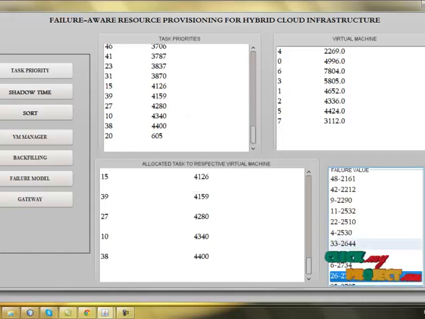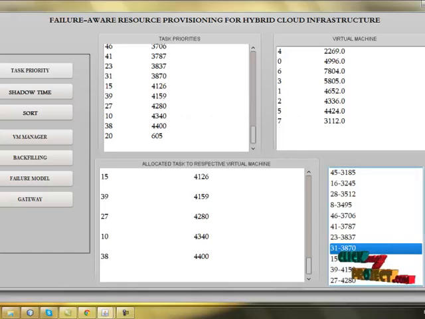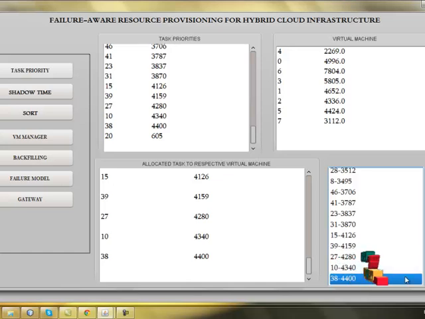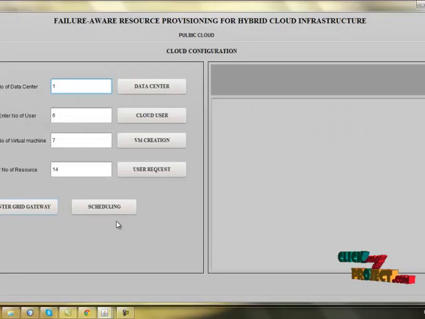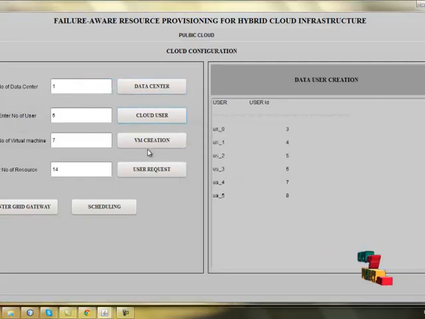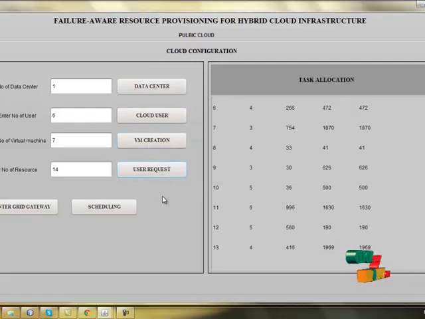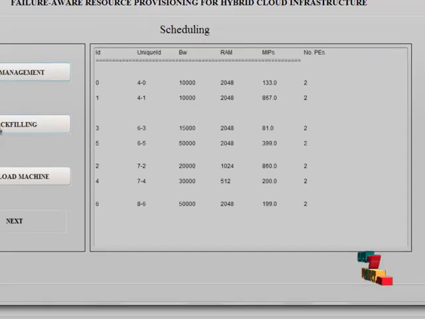Select and choose the integrated gateway. These files are accessed to provide public cloud infrastructure. So we have the integrated gateway. Already we have created the data center, cloud user, virtual machines, user request in public cloud, and integrated gateway files. Going to scheduling, DB management, backfilling,